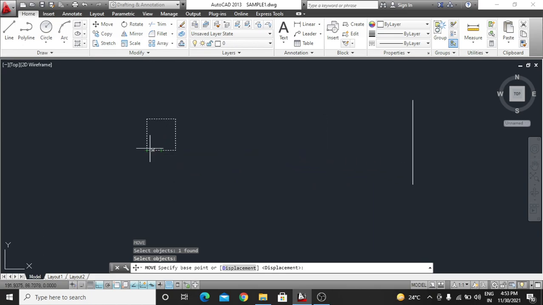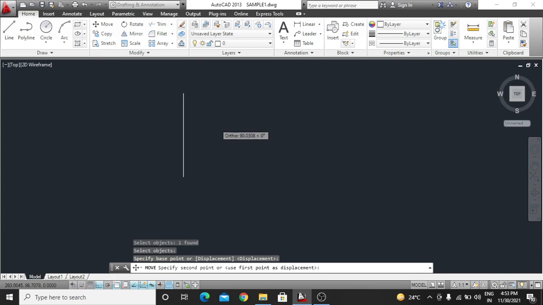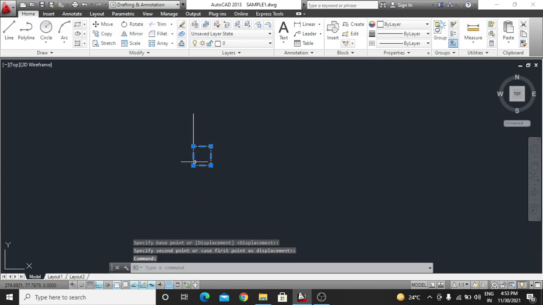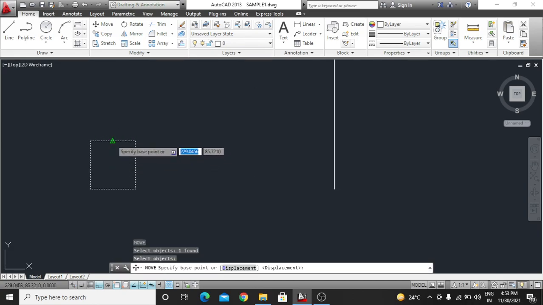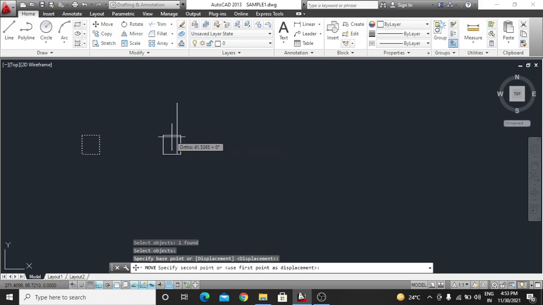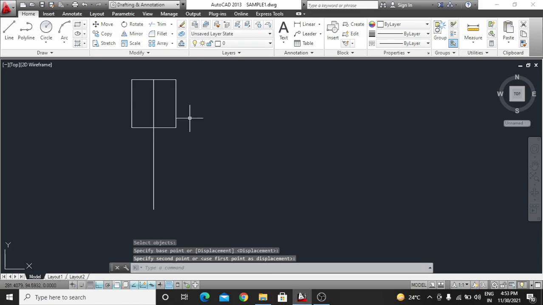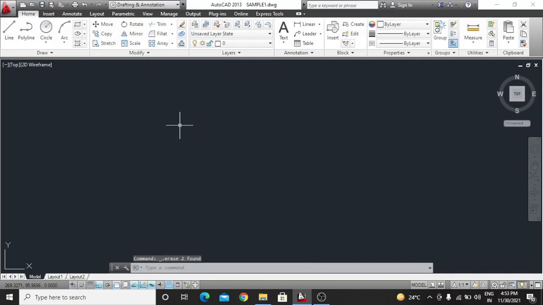Like I want to make it from that center, to where you want to press this corner there. Okay, if you want to move this from the upper side, you can see there is a midpoint. You can also paste here. Very simple.